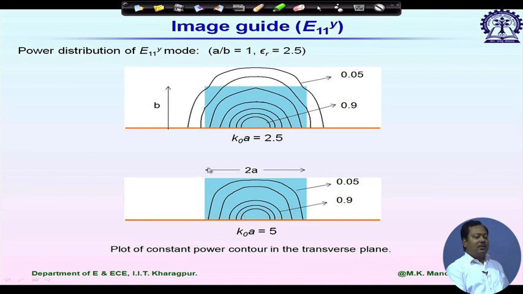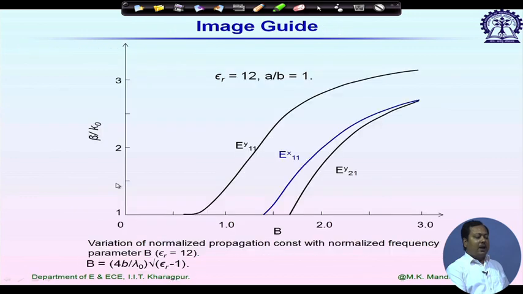We have less fringing field in air, and this fringing field, just like the surface wave, decays exponentially inside air from the dielectric surface. So when we are going to design any dielectric channel, we have to be careful about the operating frequency, and we have to carefully choose its dimension with respect to the guided wavelength lambda g, so that at least 99% of my energy is confined within the image guide or this dielectric channel. Otherwise, we will be facing crosstalk effect between 2 side by side lines.